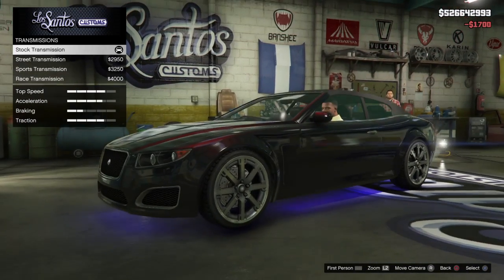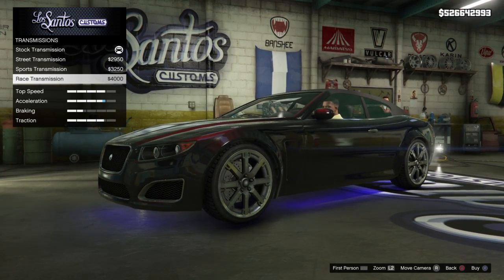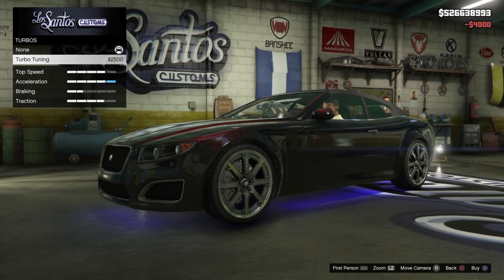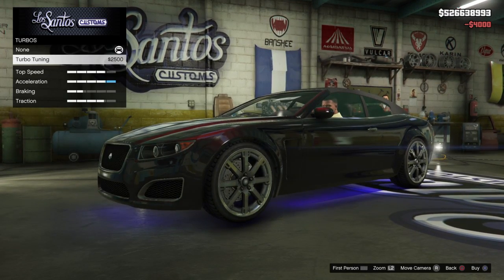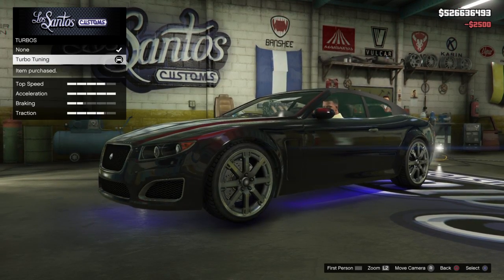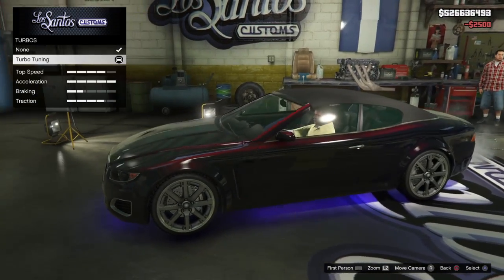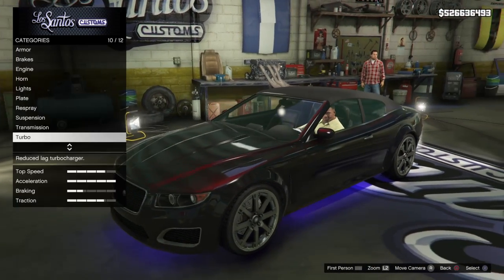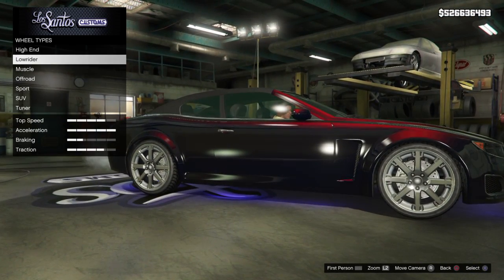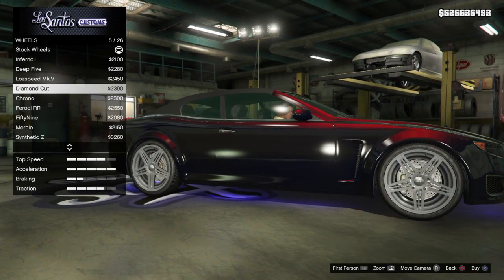Then we have the transmission, which we can put street, sports, or race, and I'm going to put race on, and you can see that increases the acceleration by about 5% maybe. Turbo is going to increase the acceleration dramatically by about 22%. So we have $2,500 for turbo tuning in story mode, and again in online mode this would be much more expensive. We'll put the turbo tuning on, now acceleration is to the max, and now we can choose a wheel type here, and we'll go to sports, and let's put,